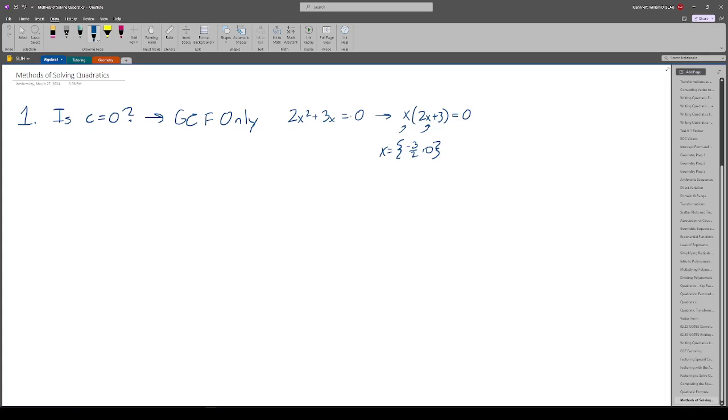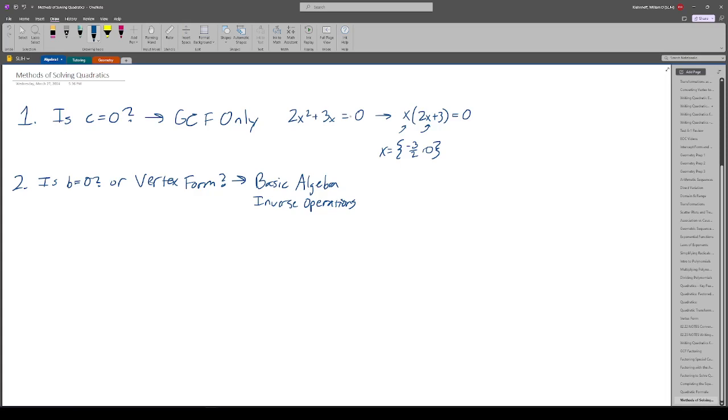If C is not equal to 0, then question number 2: is B equal to 0, or are we in vertex form? If either of those is true, then we're going to solve using what I call basic algebra. You could also call this just inverse operations. So solving it like a regular basic equation